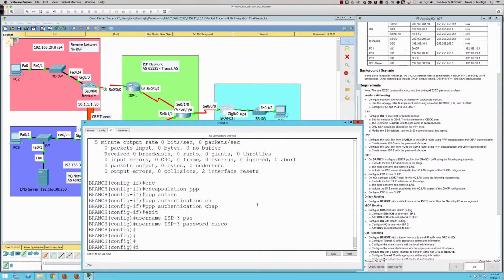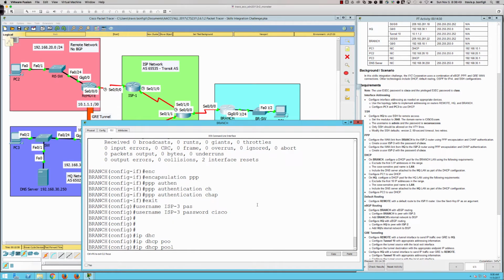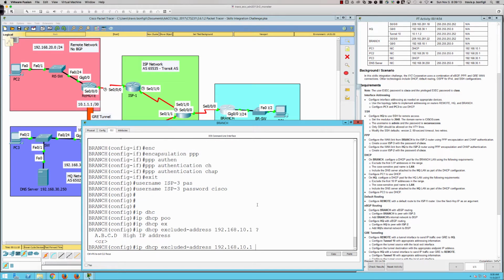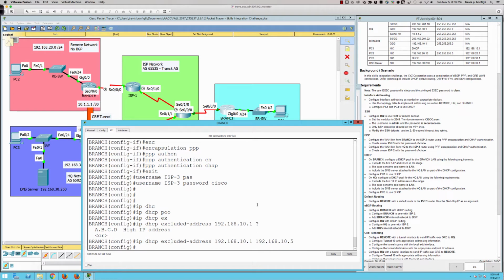So a DHCP pool. So IP DHCP pool is going to be called, what are we going to name it here for the branch line using the following requirements? Exclude the first, well, okay, let's deal with that first. So IP DHCP excluded address. We're going to exclude the first 5 IP addresses in the range of the branch LAN. And the branch LAN is 192.168.10.1. And then we put our high range value. So the first 5, 192.168.10.5. So 1, 2, 3, 4, and 5 are going to be excluded, and we should bump a couple points,